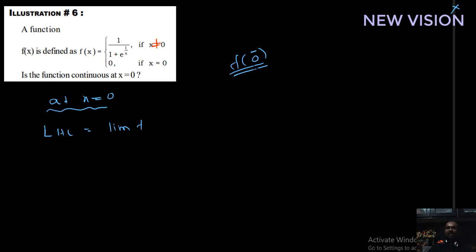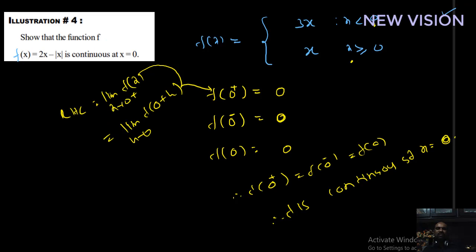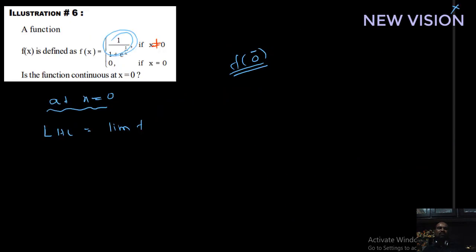First of all, you want to identify what is the functional rule satisfied at 0 minus or 0 plus, this one alone. That's why directly you can't find f of 0 minus. In the previous example, for f of 0 minus and f of 0 plus, I had different rules, that's why I directly found the f of 0 plus value and f of 0 minus value. But here you can't find directly the f of 0 minus value and f of 0 plus value. If the function has two separate rules for f of 0 minus and f of 0 plus, in that rule instead of x write 0, and what we will get is f of 0 minus.